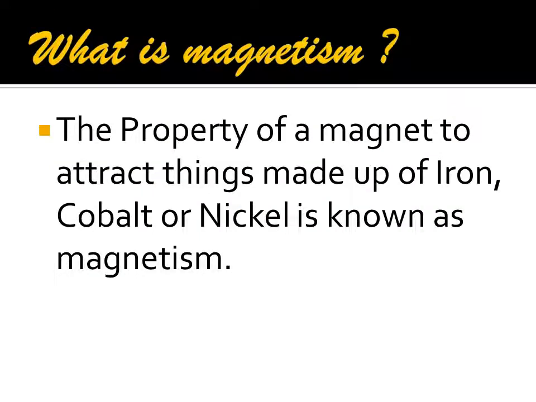Then what do you mean by magnetism? We talked about magnets and magnetic and non-magnetic substances also. Now what do you understand by magnetism? The property of a magnet to attract things made up of iron, cobalt and nickel is known as magnetism. That means a magnet has certain properties, like it attracts other metals like iron, cobalt, nickel, and that is termed as magnetism. Okay,